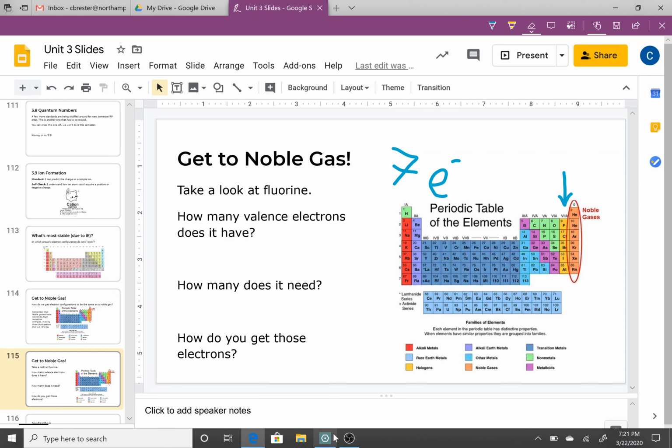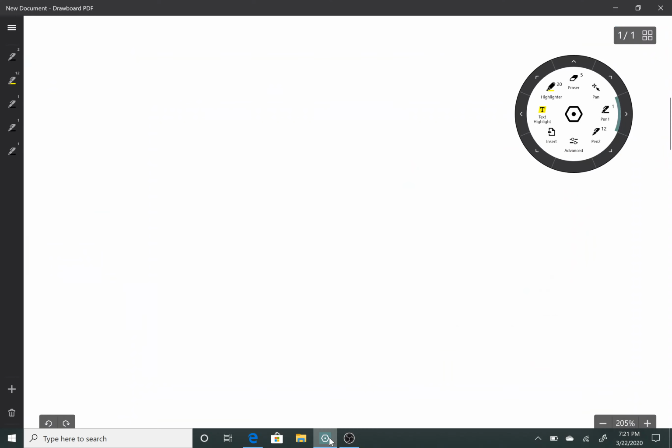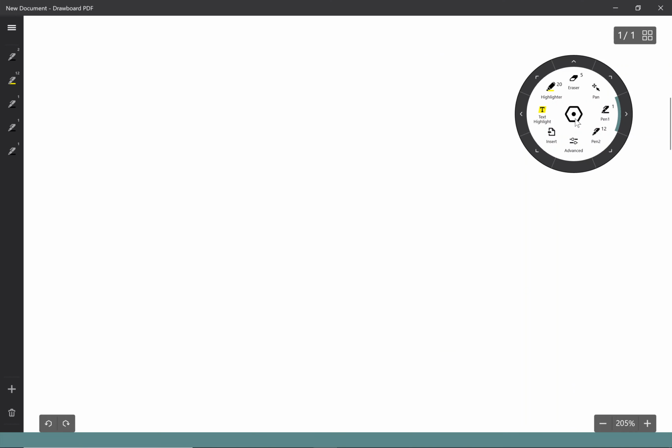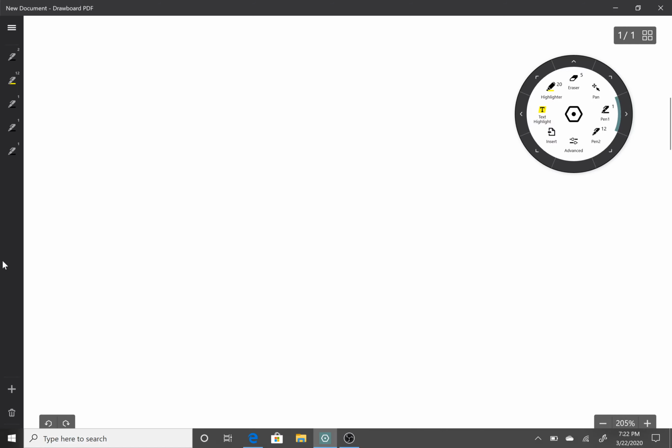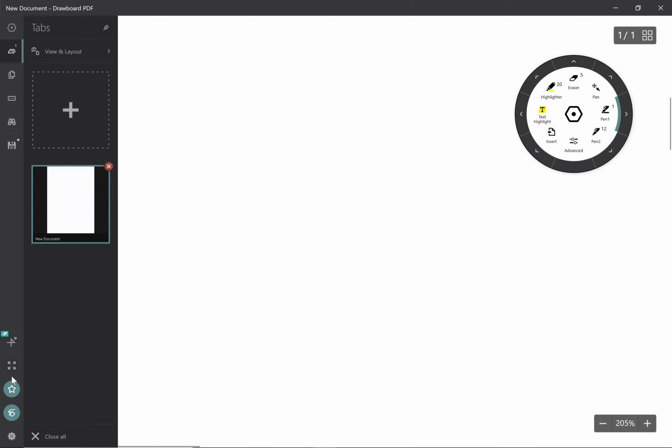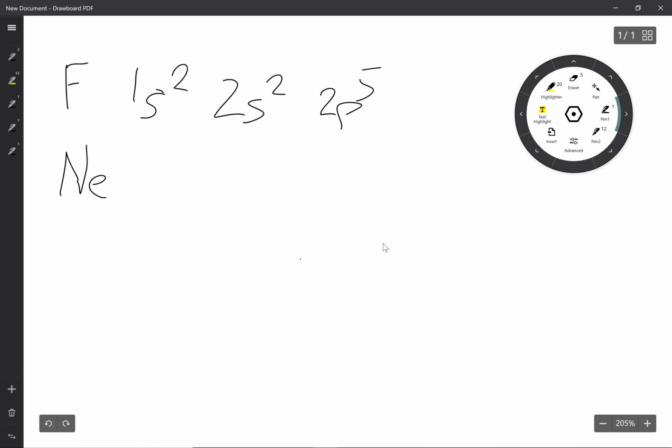If you think about our electron configurations here, I'm going to come over to my other drawing tool. It looks like this is already set up. So fluorine, we said, is 1s2, 2s2, 2p5. And neon, the noble gas that we're trying to get to, is 1s2, 2s2, 2p6. The difference then,